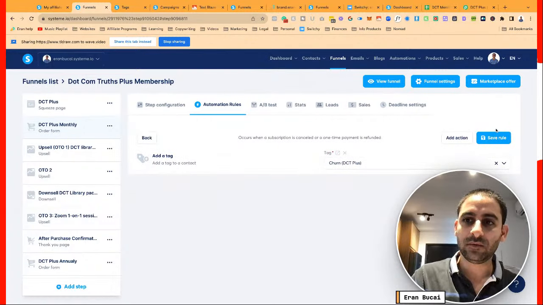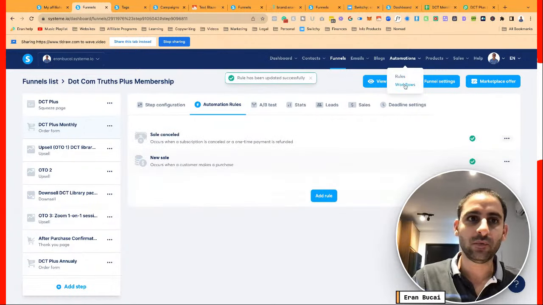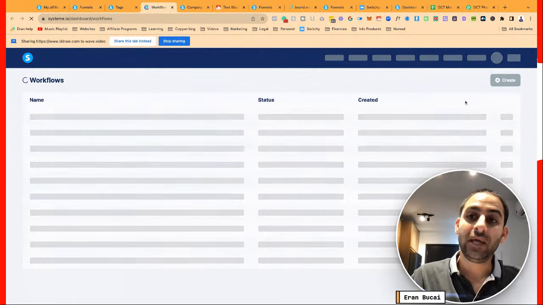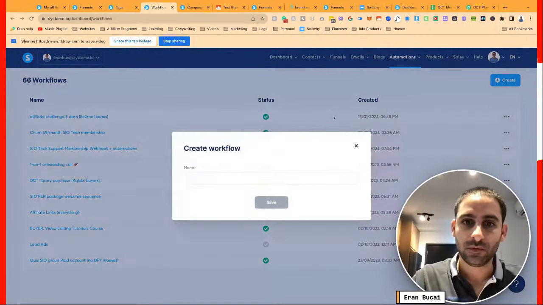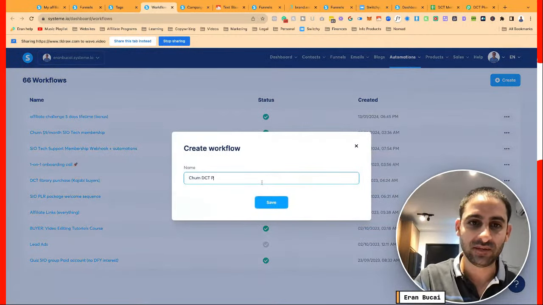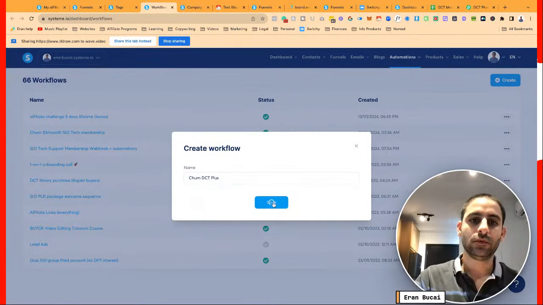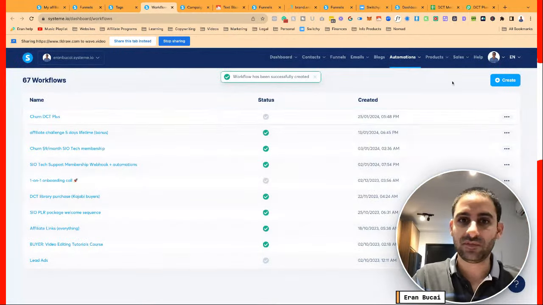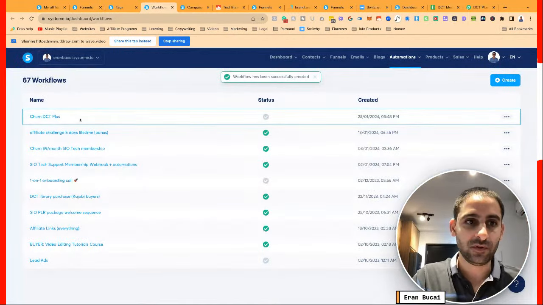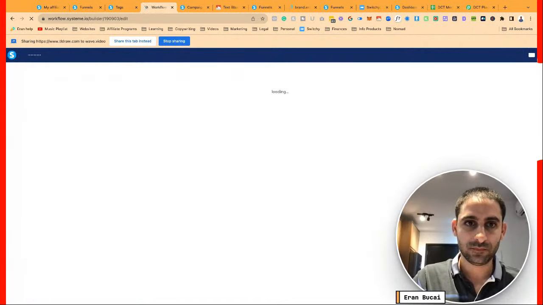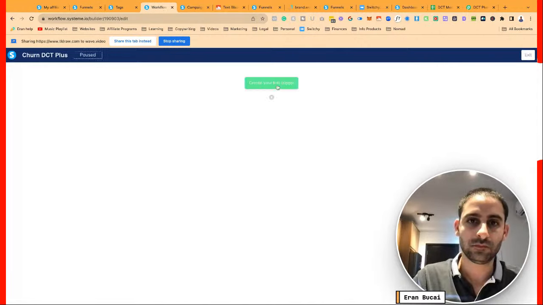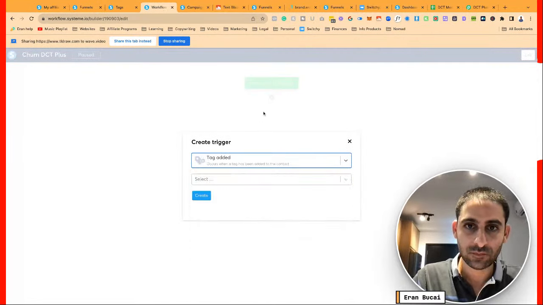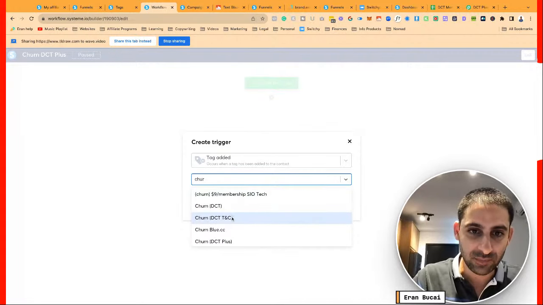That's all that's going to be, because I'm now going to create a workflow. And the workflow is going to do the following. It's going to be the offboarding funnel. So churn DCT plus. It's going to do a few things. First of all, as soon as the tag is added, which is churn DCT plus,